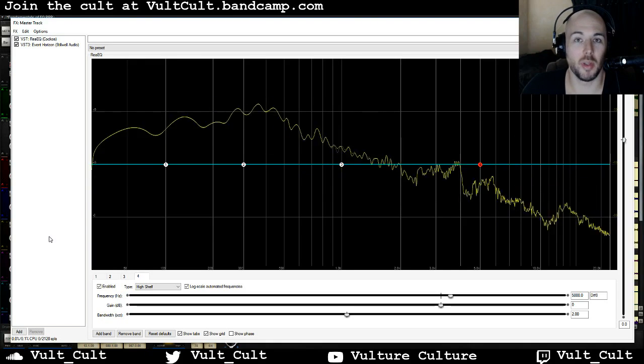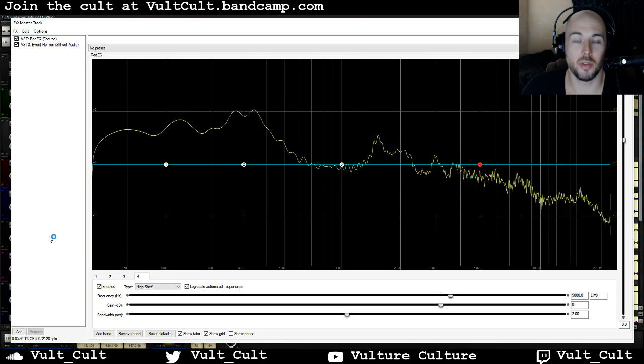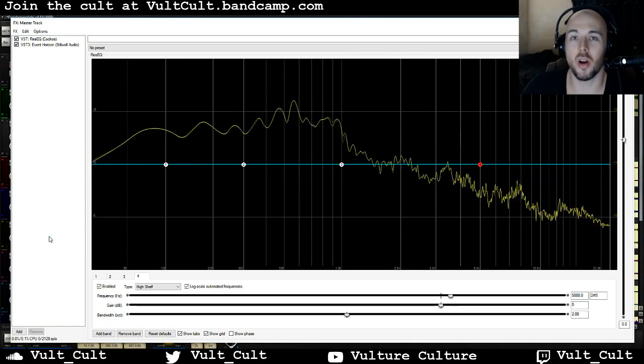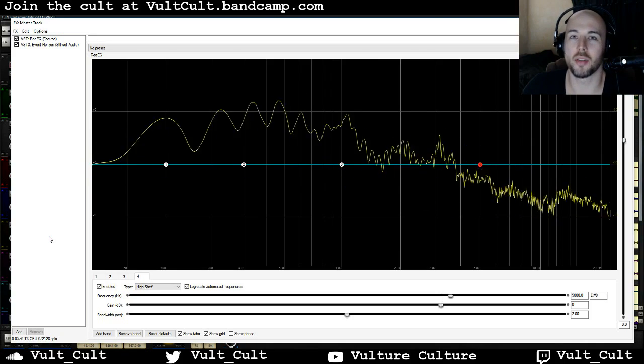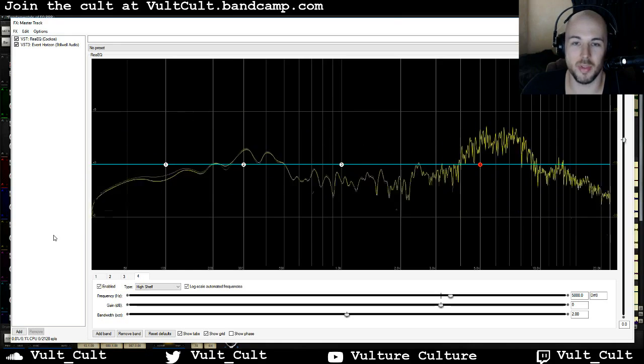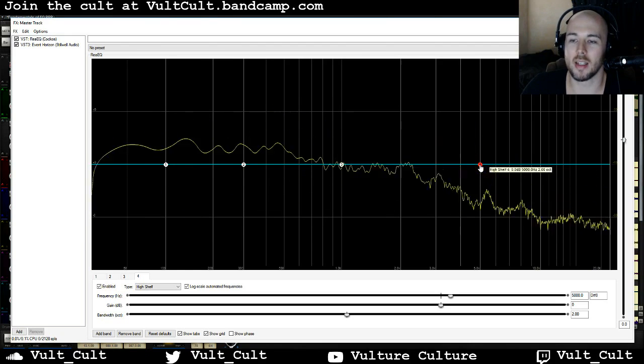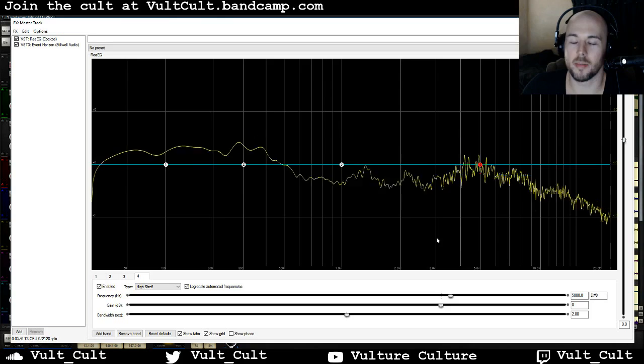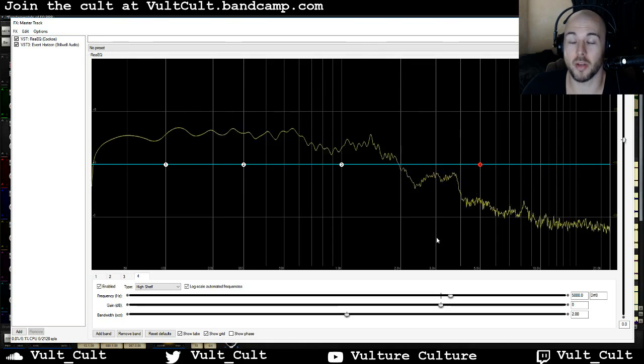EQ is familiar to a lot of us, even if we're not used to working in studios, and that's because our cars have EQs built in. So a lot of us are familiar with either turning up the bass in our car stereo systems or turning up the high end. So if I'm playing this track, which is Black and Gray, it's a new song by my group Vulture Culture,